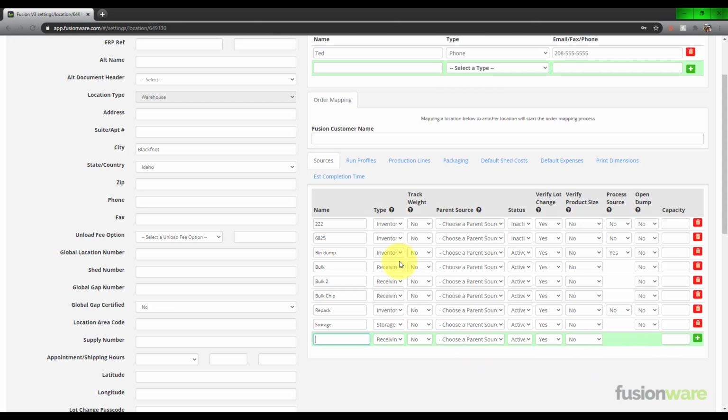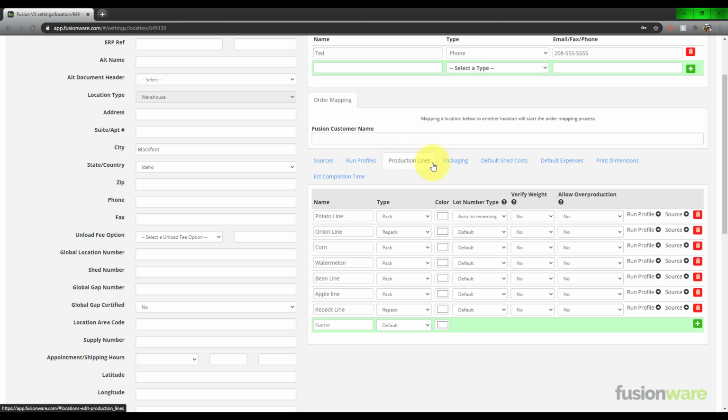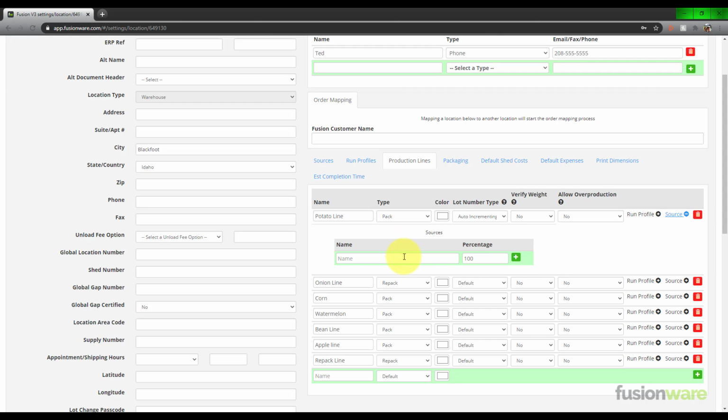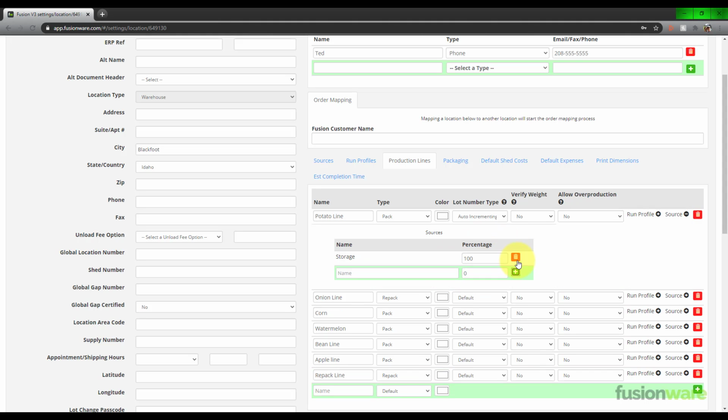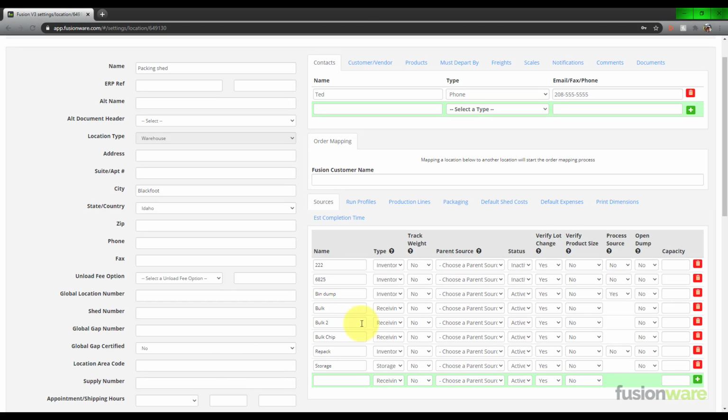So click the green plus, and then we're going to go into our production lines. We need to assign this storage source to a production line. We're going to pick the potato line. So we're going to click the plus sign in the far right. And now we just created that storage. So we're going to attach that, 100% of that. Click the plus, and now that storage source is tied to